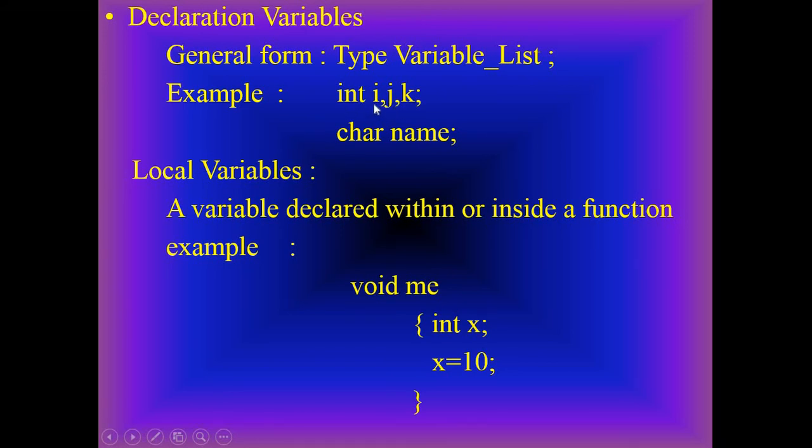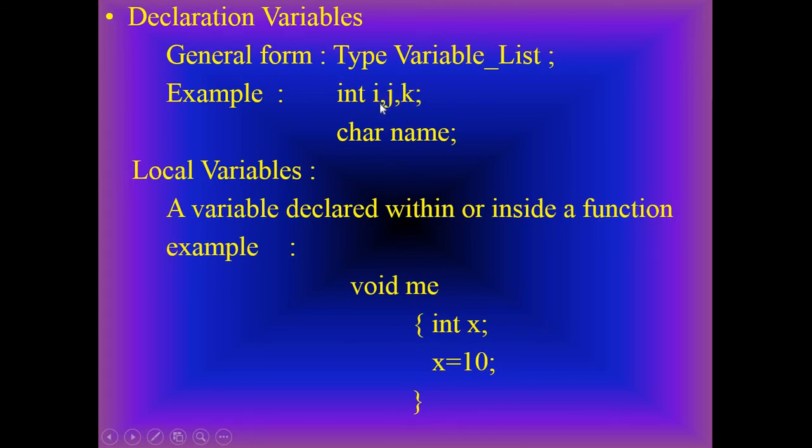Like for example, integer I, then on the second line, integer J, or integer K. So, you can declare them one by one. But again, if these variable names have the same data type, then to save space, because every time you declare an integer, it consumes size,